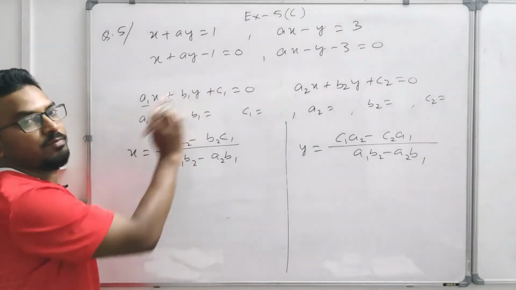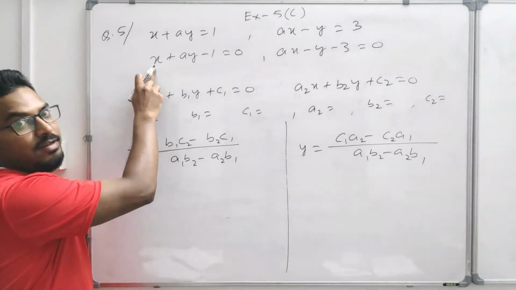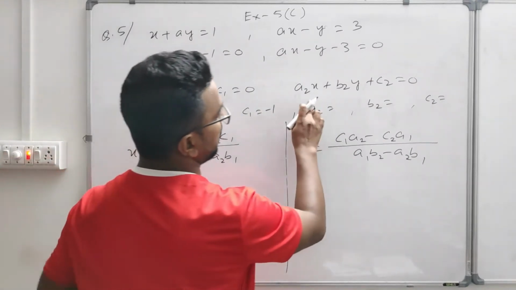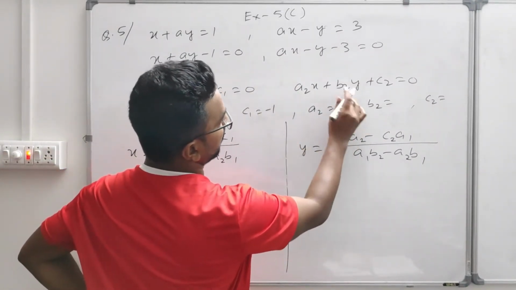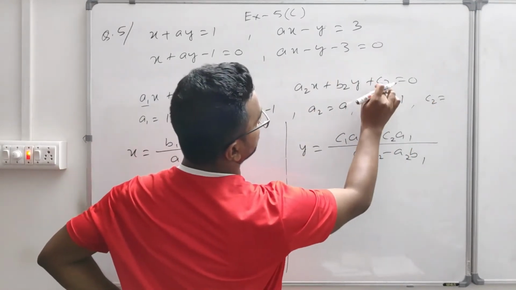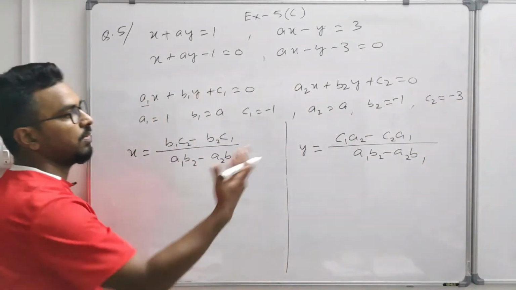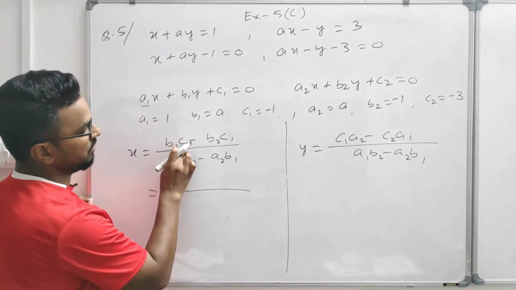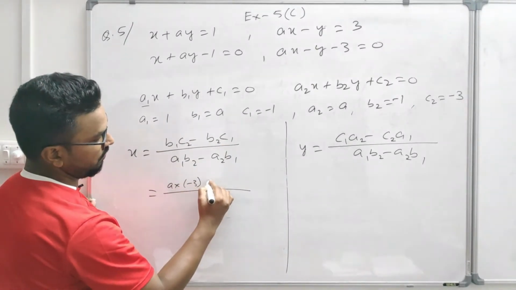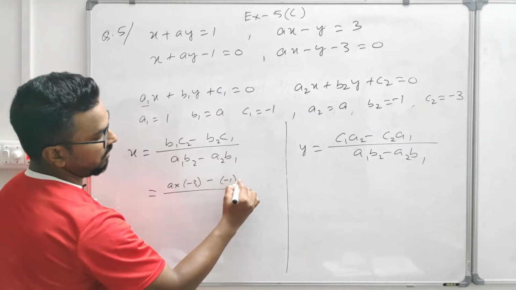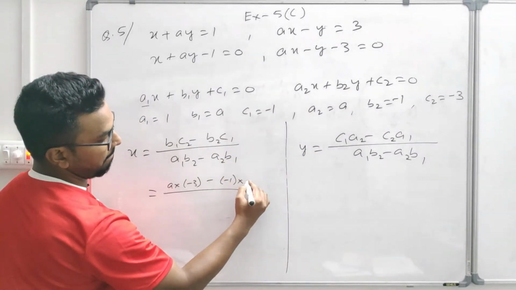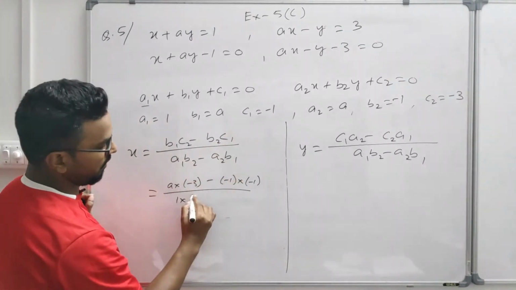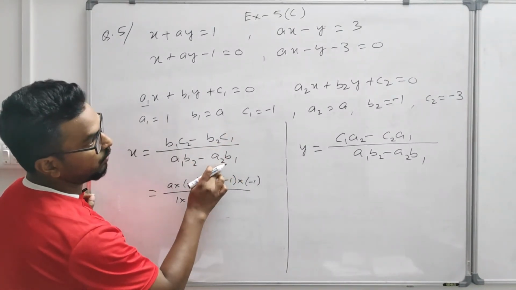Okay. Now you compare with the general form. a1, instead of a1, what is the value? a1 is 1. Okay. b1 is a and c1 is minus 1. Similarly, a2, instead of a2, what is the value? a. b2, it will be minus 1, and c2 is minus 3. Okay. Now you just replace the value in that formula. So here b1, what is b1? a into c2 is minus 3 minus b2 is minus 1 into c1 is minus 1, and in the denominator a1 is 1, b2 is minus 1 minus, and a2 is a,